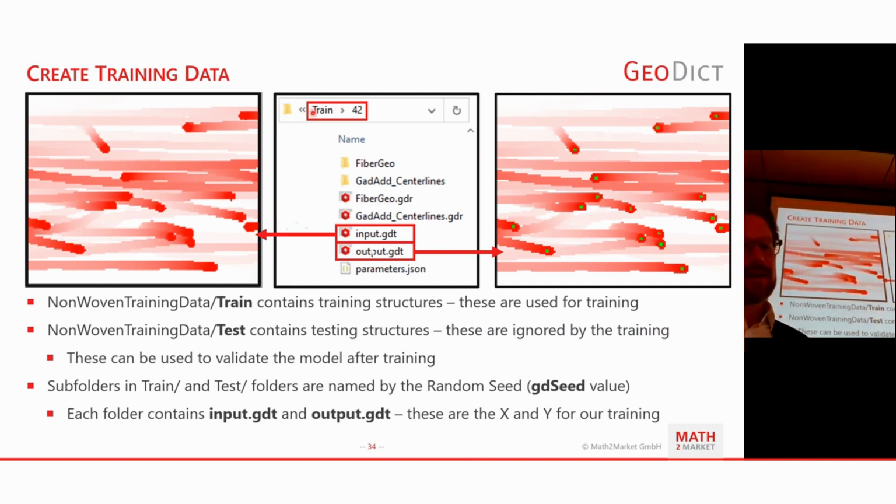So assuming here the top folder that we cannot see here is the output folder that we have specified. Then within that folder, we have a folder train, which contains the training structures. And then we have one instance of these training structures, the number 42, would be the seed in this case, named by the seed,